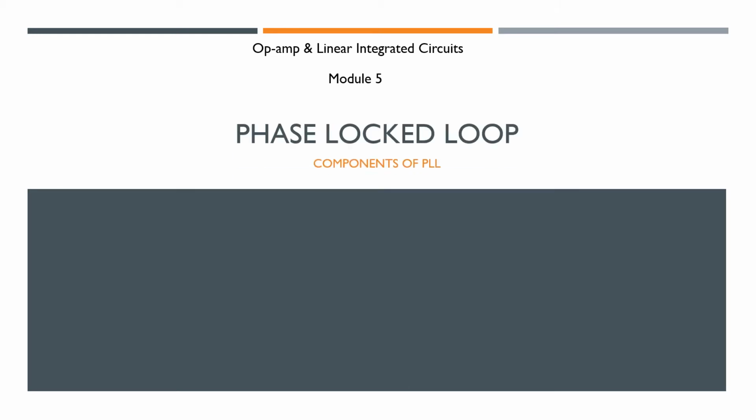In this session we will be discussing the topic of components of PLL, and mainly we will be discussing the second component of the PLL. The second component of PLL is nothing but a filter. We will be discussing the filter. So we know what a filter is. Actually we have learnt this in our previous module, that is the second module, active filters. Only we will see the overview of these filters as a component of a PLL in this case.